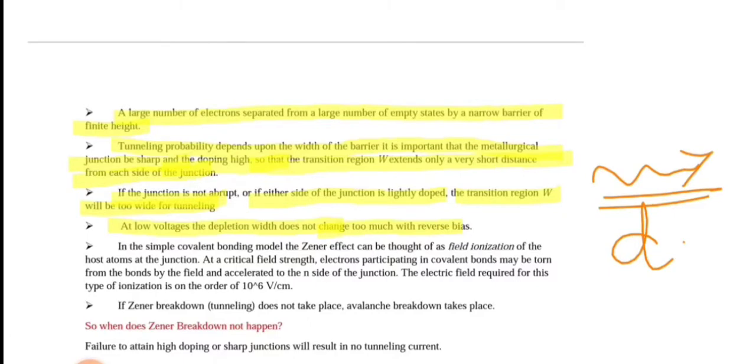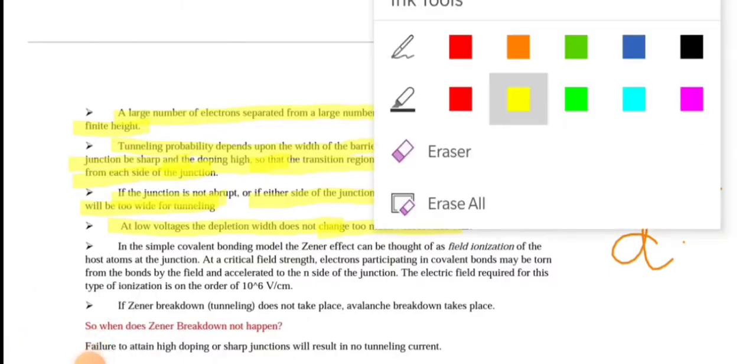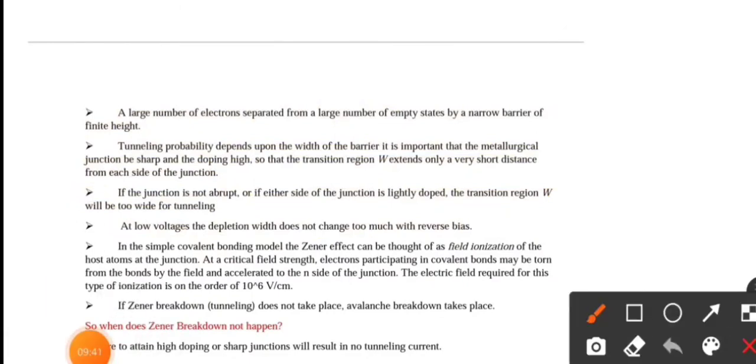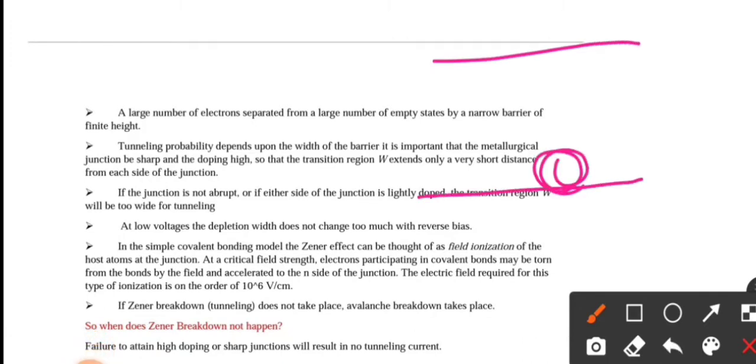In the case of a PN junction, okay, I will tell you. Here this is the p-type valence band, p-type conduction band, p-type valence band. So the impact ionization will be happening here.